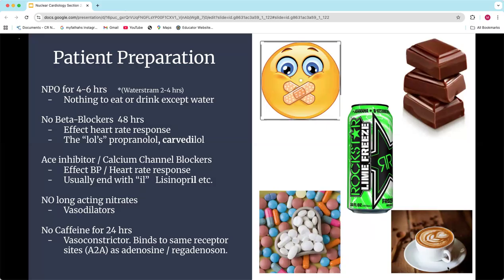And then caffeine, they should be off caffeine for 24 hours. Caffeine is a vasoconstrictor. Caffeine binds to the A2A receptors. When you were doing your homework for section 1, I had you look up what A2A receptors are. A lot of our medications also rely upon the A2A receptors, and so we have to have caffeine out. Regadenoson, which is probably what most of you are using for your pharmaceutical stress, binds to those A2As. The problem we run into is that caffeine is a pretty big molecule, and it tends to bind and stay bound. So if you have caffeine on board and then you give your regadenoson, it comes in and it's just a smaller molecule, less binding affinity, and it doesn't work.